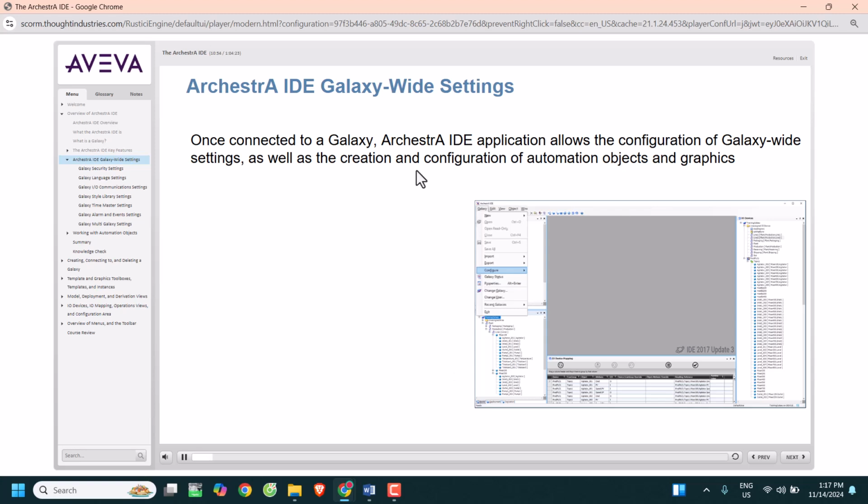Once connected to a Galaxy, the Archestra IDE application allows the configuration of Galaxy-wide settings, as well as the creation and configuration of automation objects and graphics.